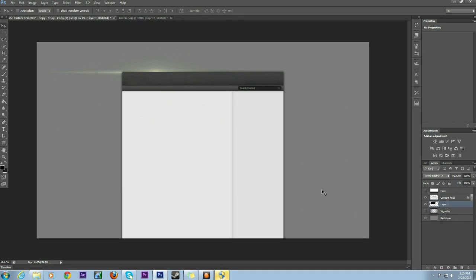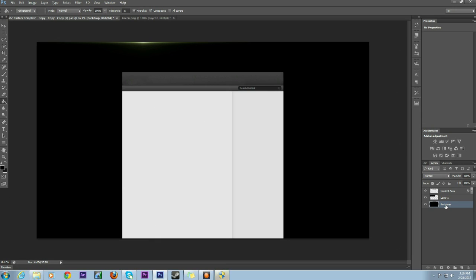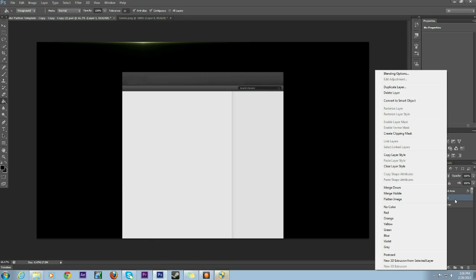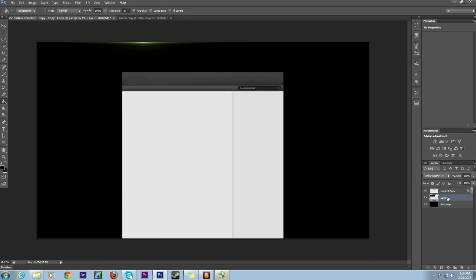So yeah, put that behind the content layer because you're not going to be able to see it. And that is really how you use a flare. And I'm just going to put one up here. That looks pretty good right now. And then I'm going to put the black. And then, to make more without having to do the whole entire process, click on